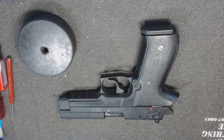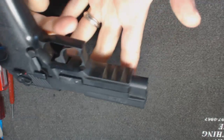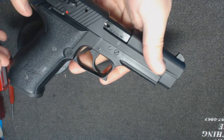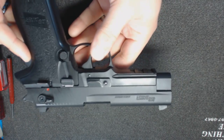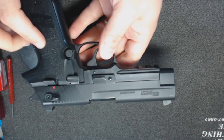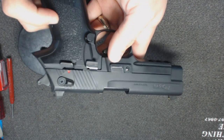Today we're going to look at the Sig Mosquito .22 long rifle practice pistol. And I say practice pistol because this is designed by Sig to be the same size and weight as the full-size Sig line of pistols, so the 220 through the 229 and everything in between, essentially. The idea was something with the same grip angle, same positions for the decocker, the safety,